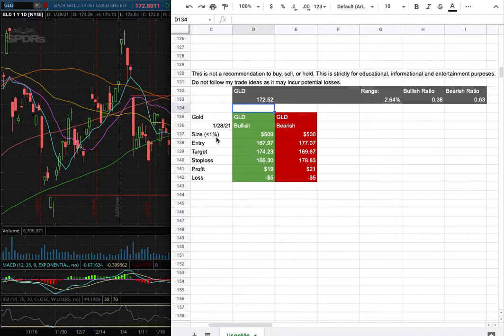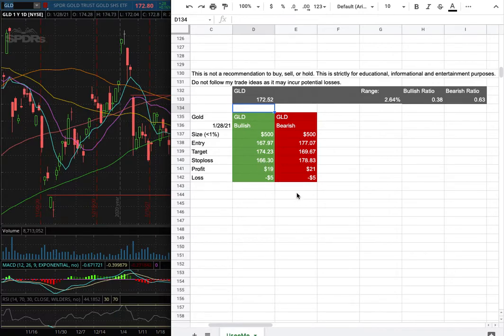And as for the trade idea of the week, I'll be trading GLD, and my position size is less than 1% of my portfolio. My long entry is at $167.97, and that is this range here, which is fairly close to where we have the closing price of back in November 27th. My sell target for it is at $174.23, and my stop loss is at